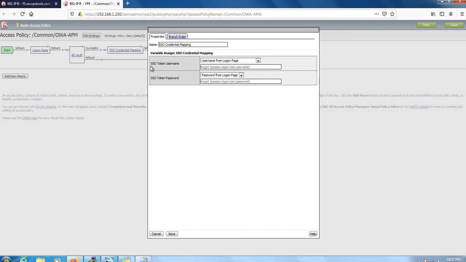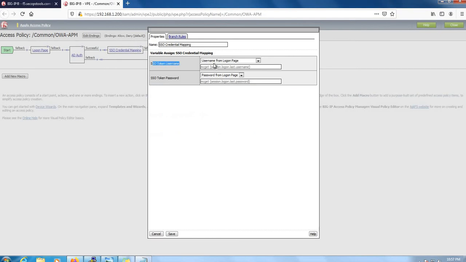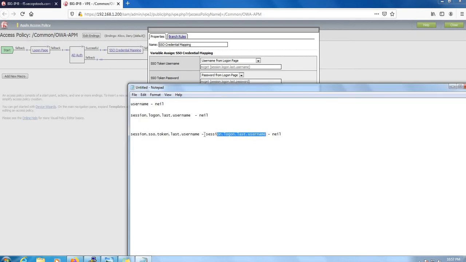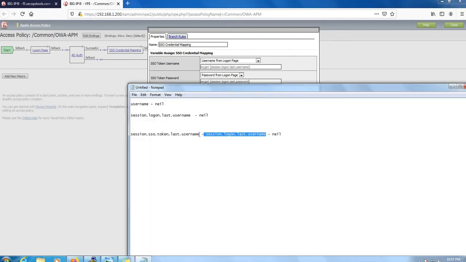Here if you see, SSO token username is the parameter which is represented here. Now the value for that, if you see here, the default value from the username page is session.logon.last.username. With this particular mapping, all the mapping of the username to this SSO parameter is taken care of.